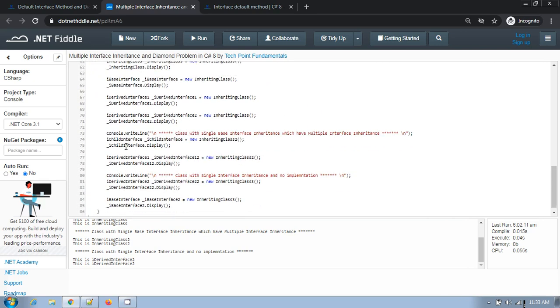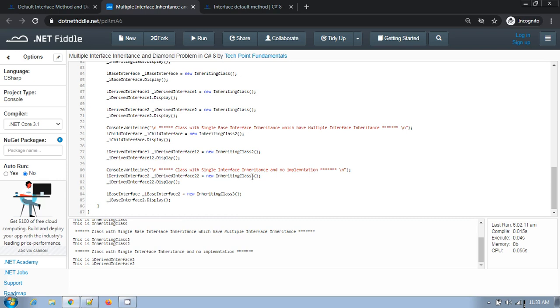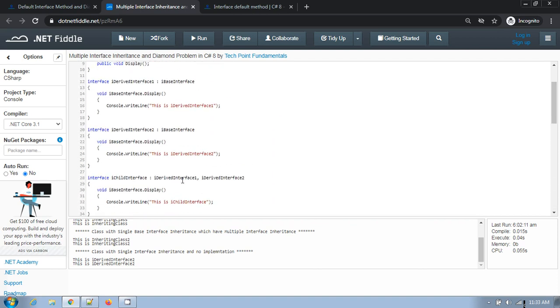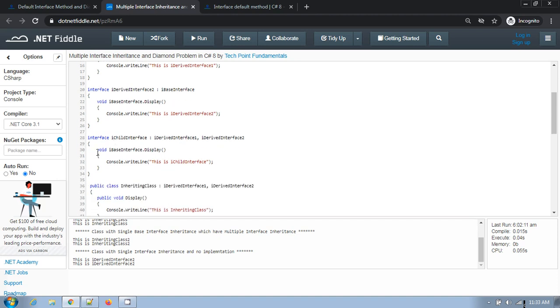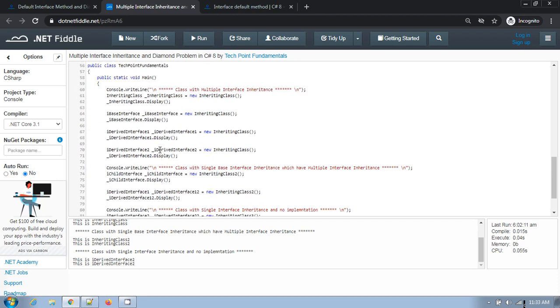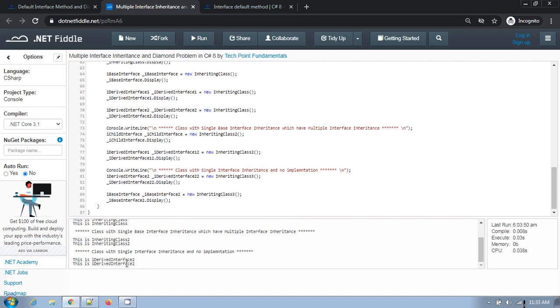So if you create the object of inheriting class 3 and call the interface display method, then it will call the implementation which is provided in this derived interface. Since there is no other implementation in this hierarchy, if you run the program, it will call IDerived interface 2, where the implementation is provided.